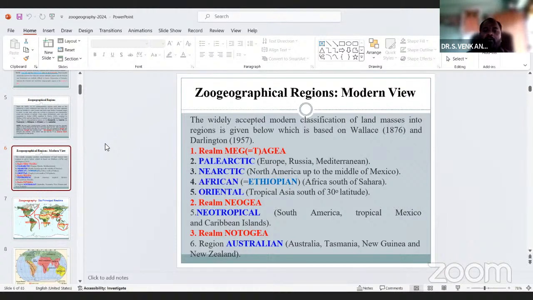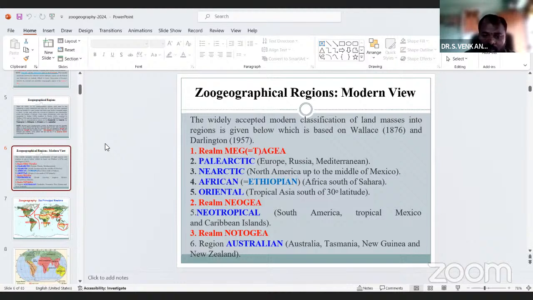The realm Metagea: the Palearctic region, Europe, Russia, Mediterranean, is a suitable example of the Palearctic region. The Nearctic region, North America up to the middle of Mexico, is occupied by the Nearctic region.